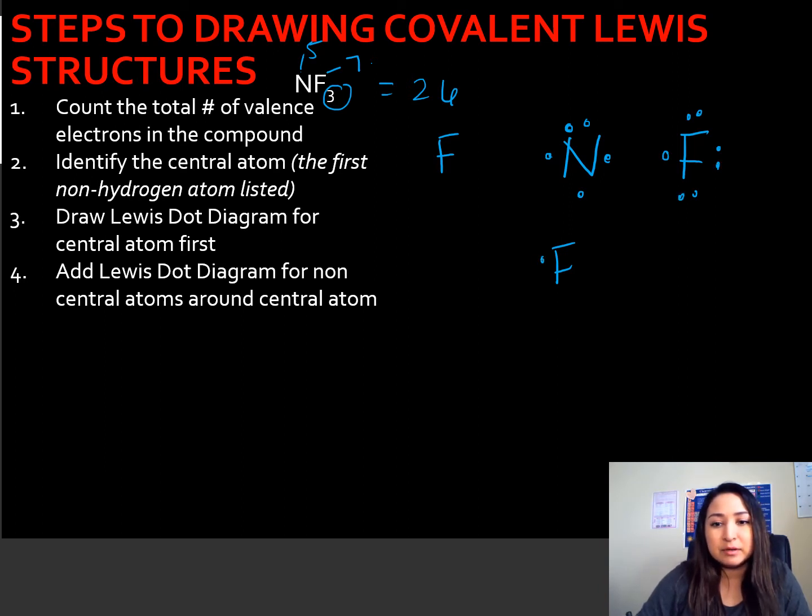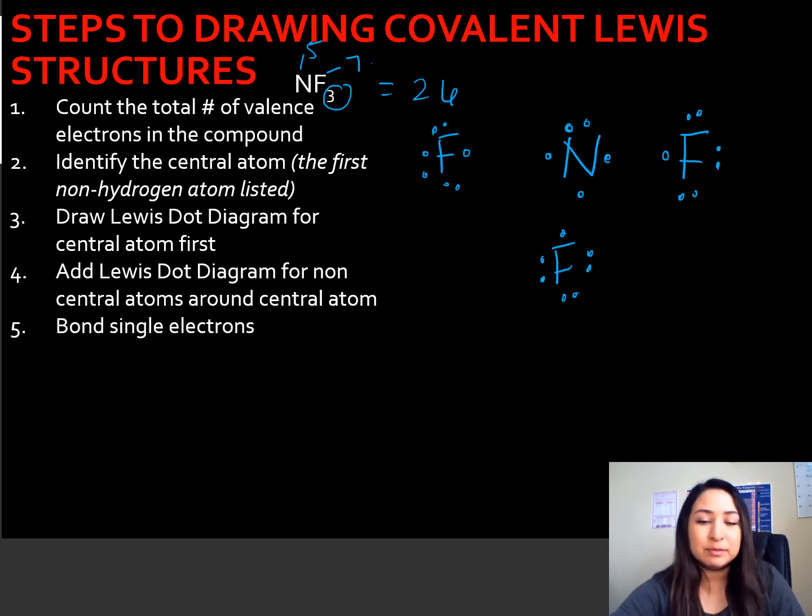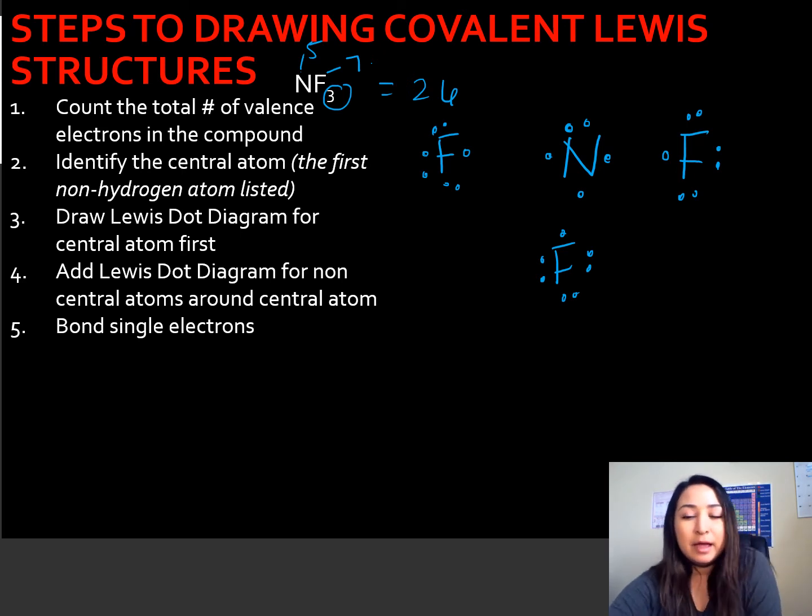We do the same thing for each of the other fluorines. And then once we do the Lewis dot diagram for all the atoms,